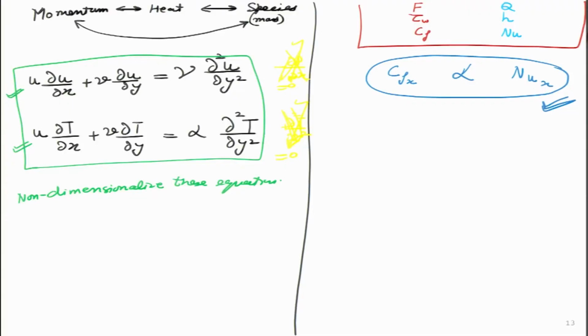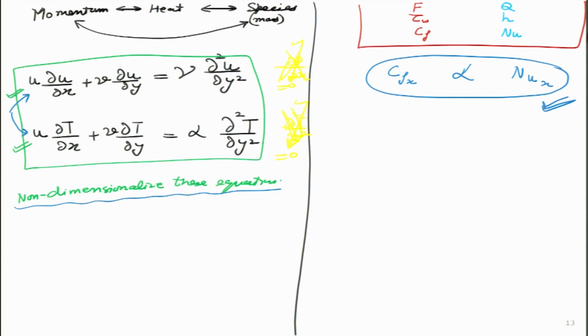So, if I just measure drag, I will be able to figure out how much heat transfer is taking place, and vice versa. If I figure out how much heat transfer is taking place from the ship to the water, I will be able to figure out by this correlation how much drag force is acting on it, because deep inside both are actually linked with one another, they are similar. And that is the objective of this particular slide, that we want to show that both of these equations in non-dimensionalized form look exactly similar. Okay. So, let me go ahead and do this non-dimensionalization.